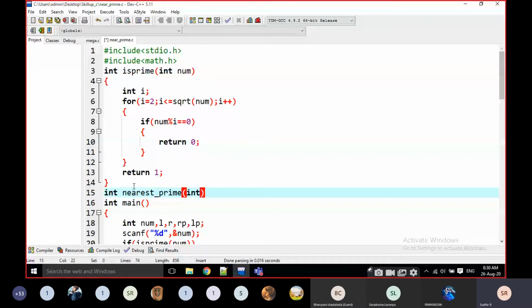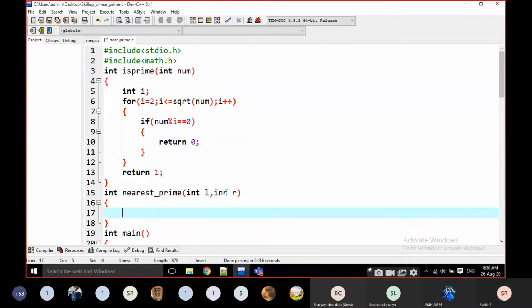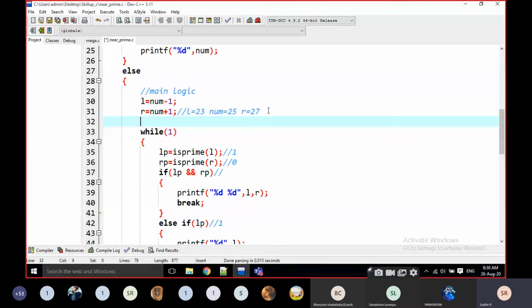The first one is int L, comma, int R. I'm going to pass two values here, int L comma int R. Now I'm going to write here the call, nearest_prime of L comma R.